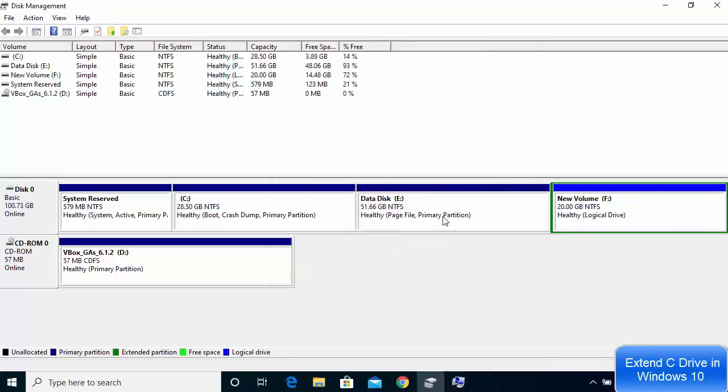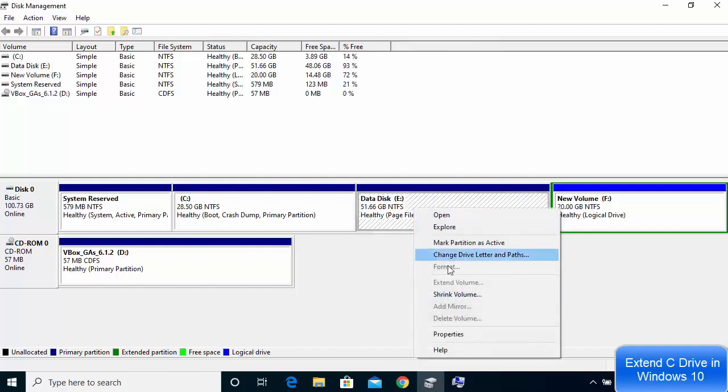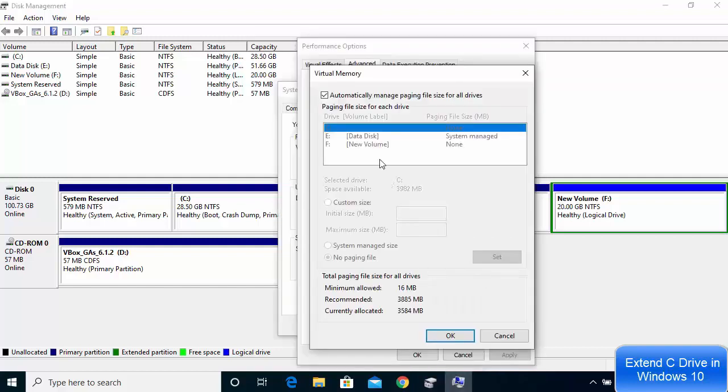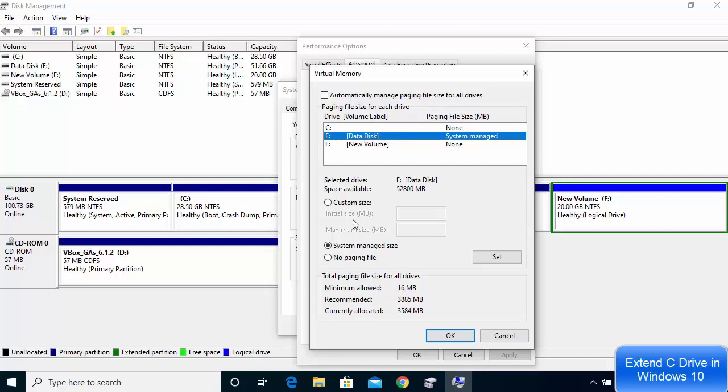Now the reason this E drive is not available for delete or format is because it contains this page files and primary partition, right? So we need to just change the location of page file to the C drive. So what you need to do is you just need to uncheck this box which is automatically manage page file size for all devices, and then you just need to select your drive, which is E drive in my case,